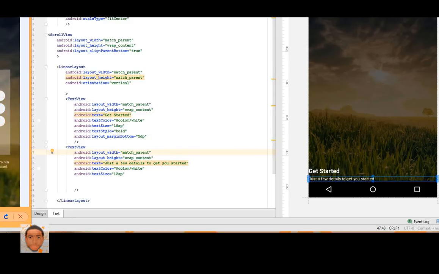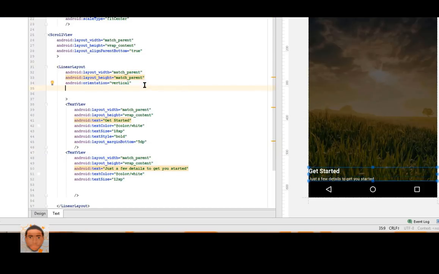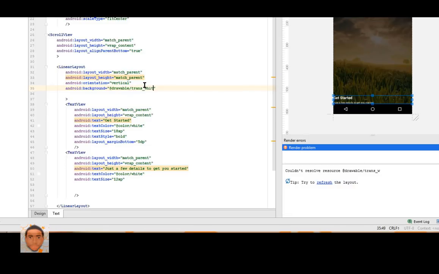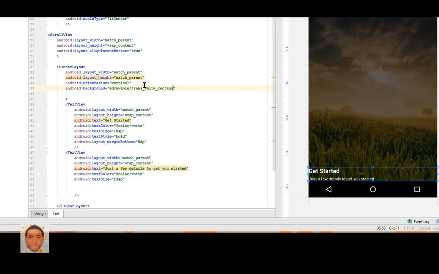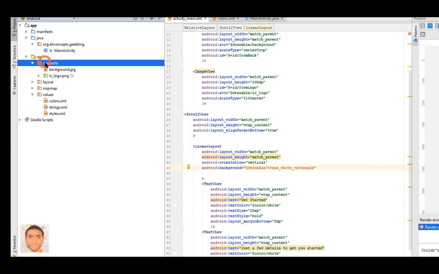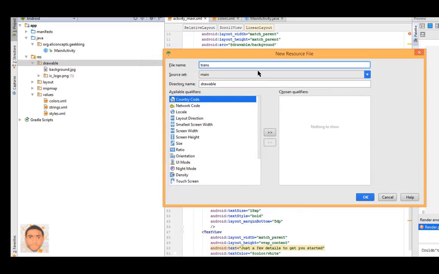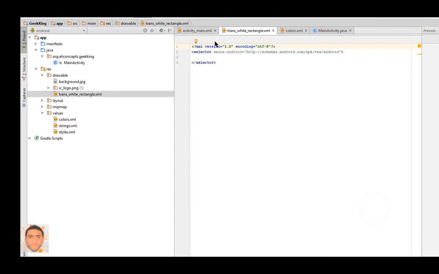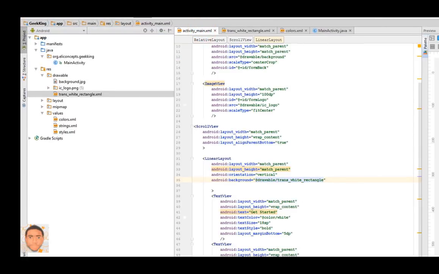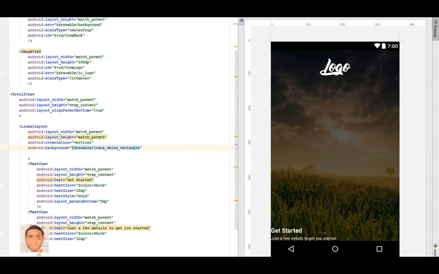Now the next thing is to create a white transparent background. So I'm gonna go here and give this a drawable resource. Now I've not created this, so it's gonna give an error. Go ahead and create that, trans white rectangle. Then I see the error's gone. Yeah, so what I'm gonna do now